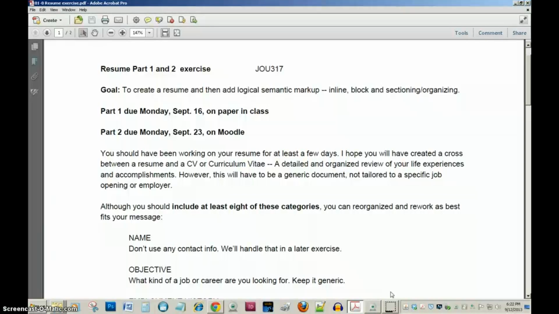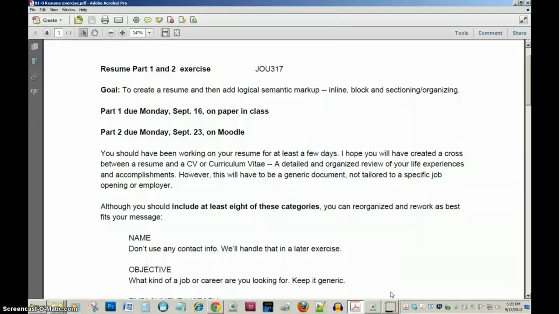Now, it's going to be a little different than a resume you'd hand in on paper. Well, let's look at what I'm requiring. This is, by the way, due Monday. The resume itself, on paper, like a Word file, just to show me that you've got it going and so I can take a look at it.